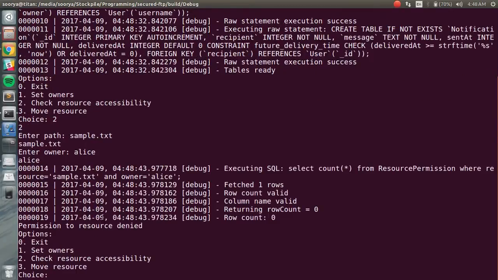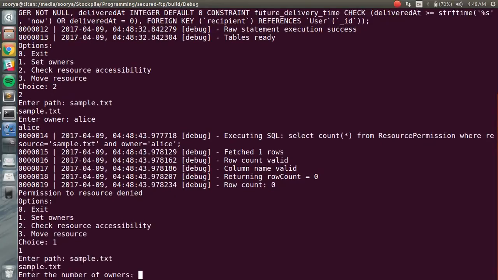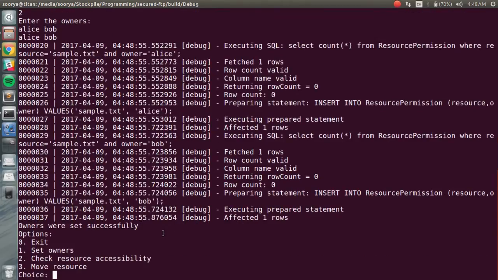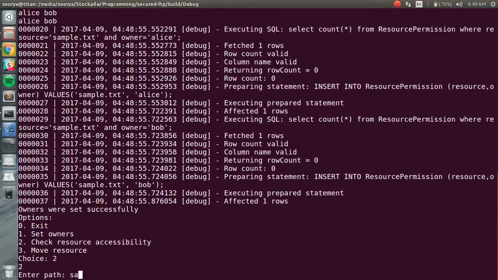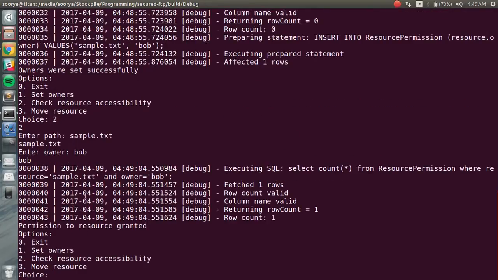So we simply set it to be owned by both Alice and Bob. Let's now verify that they have been successfully set as owners of the file. Now that the server is aware of the file and its owners, we now demo how notifications are received on